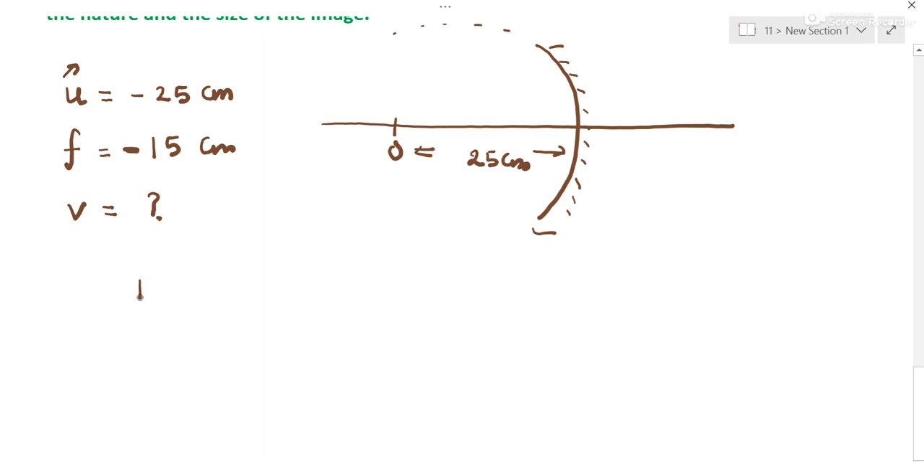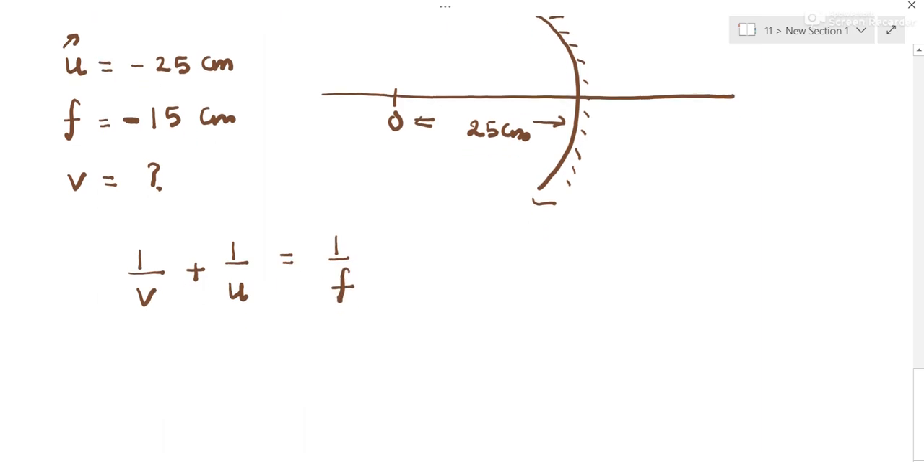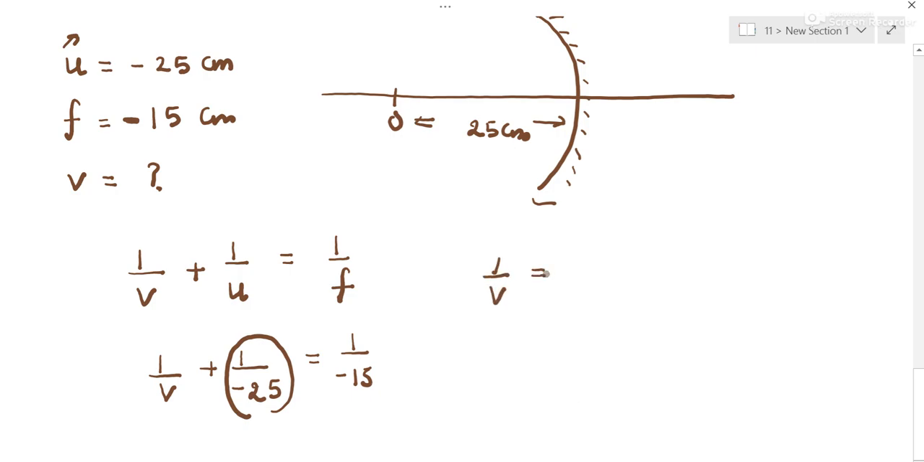So what is the mirror formula? 1 by V plus 1 by U is equal to 1 by F. So let us substitute. We don't have 1 by V. 1 by U is 1 by minus 25. And this is the focal length of the concave mirror, so it is 1 by minus 15. This quantity will go that side and will become positive. So 1 by V is equal to 1 by minus 15 plus 1 by 25,